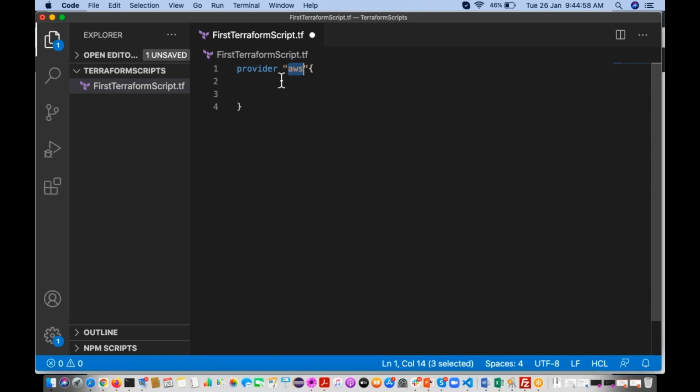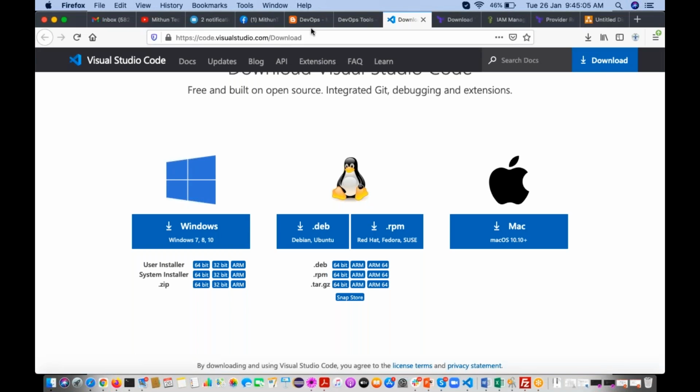Then region. See here, in AWS we have many regions. If you go here, there is my AWS.